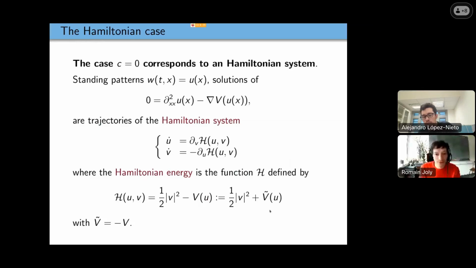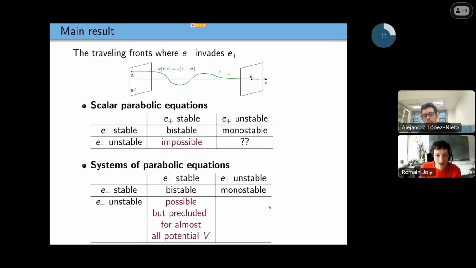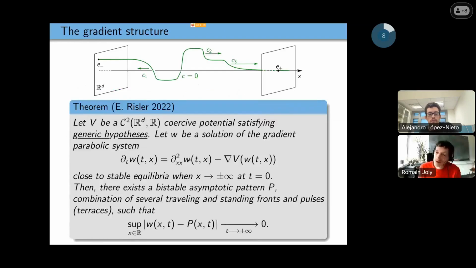For systems of parabolic PDE, I agree that it's not clear if it is really very relevant to consider this. Mathematically speaking, it is very important. It's a very important structure. But if you look to application, it's not clear in what application you have this gradient structure. If you look to biology, for example, there is no chance that the coupling, the nonlinearity, has some gradient structure. It's not very usual, but for the structure of the PDE, mathematically speaking, it's very important.